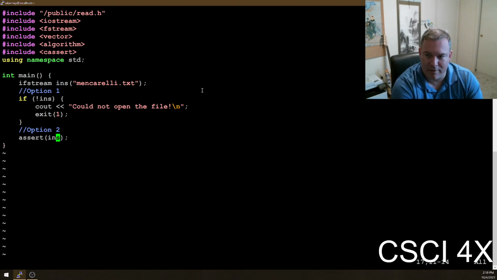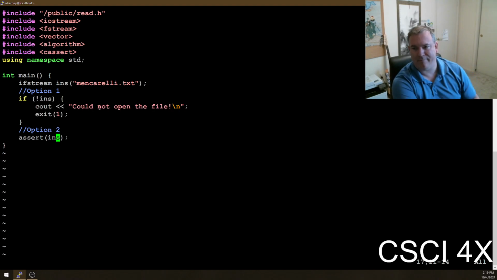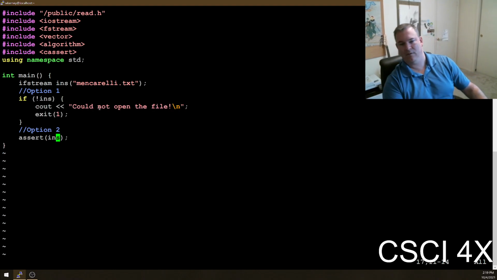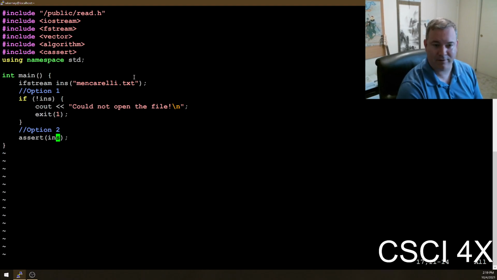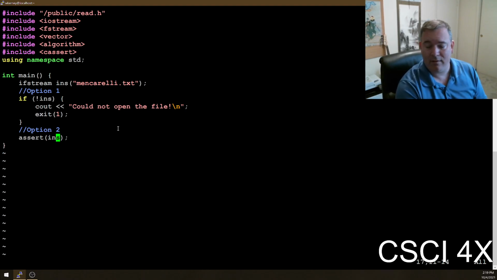There's a way of getting the current file, the current function, the current line number in C++ as well to make these errors more useful. Which one would I prefer? Probably this one. I would print out, could not open the file min_corelli.txt, and then it would let me know what was going on.